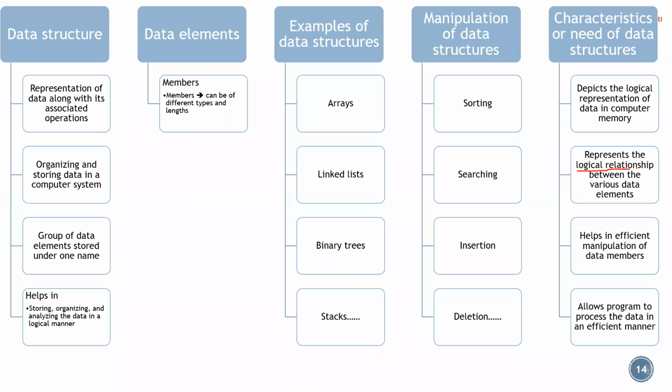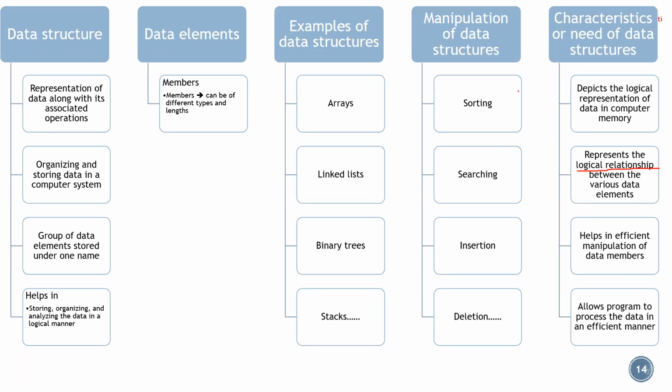So we can have a logical relationship between the various data elements which are present. Suppose you went for the data structure, that is struct student. In that you had a roll number and name. Those two are logically related. If you declare a variable of that type, struct student, then that student variable will have an associated name and associated roll number with it. So that is a logical relation between those data elements.